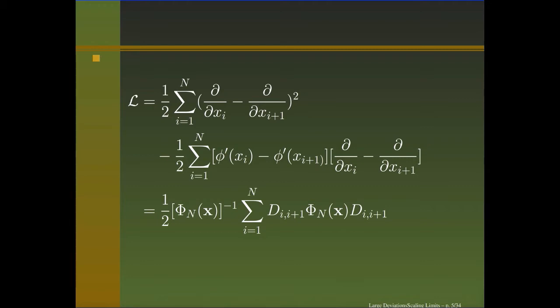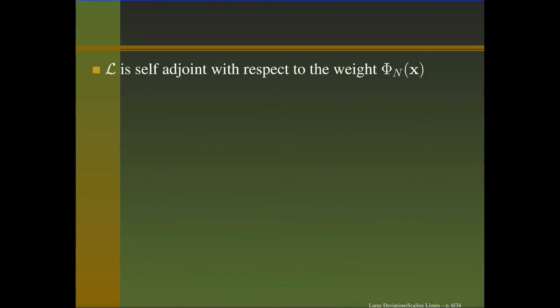We can rewrite L in a slightly modified form, which tells you that we have an invariant density given by Phi N of x, which is expressed here. And I mention here the usual assumptions we make on little phi: think of it as something that looks like x squared, but not quite x squared. Maybe you can assume it's convex, bounded above and below by two different constants times x squared, although it's not really needed.